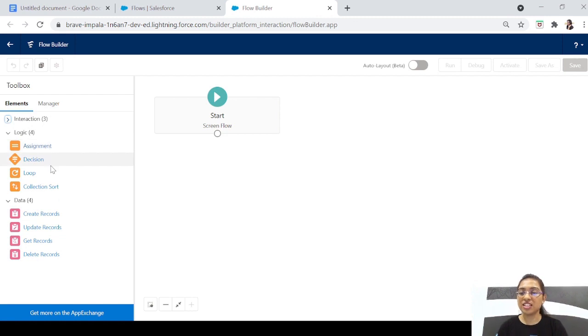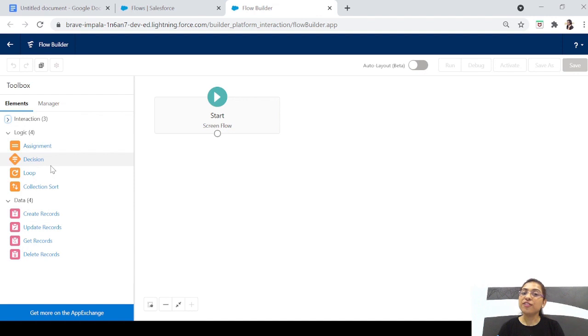Now the next is decision. Decision is a simple if-else statement that we have already created in our programming life previously, okay? So let's take the previous example again. If the user has filled the feedback form and we have added the action to it, right? Do you remember? We have added an action that we should send an email to the user saying thanks for your feedback.